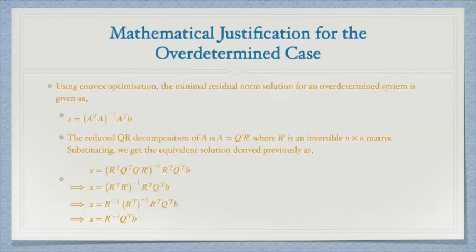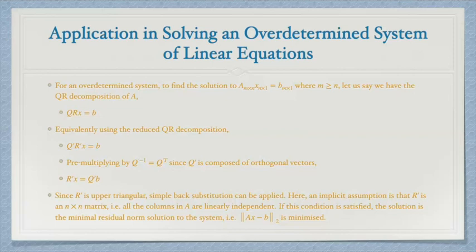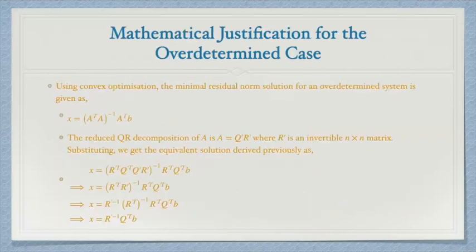Further, in our other course, Optimization in Soft Computing Techniques, we also discussed the concept of solving an overdetermined system and obtaining the minimal residual norm solution using the pseudo-inverse. For a consistent system of equations, we can obtain the pseudo-inverse simply as X is equal to (A transpose A) inverse A transpose B. This will yield us the minimal residual norm solution, which can be proved through calculus, the details of which I will not get into due to the time constraints and